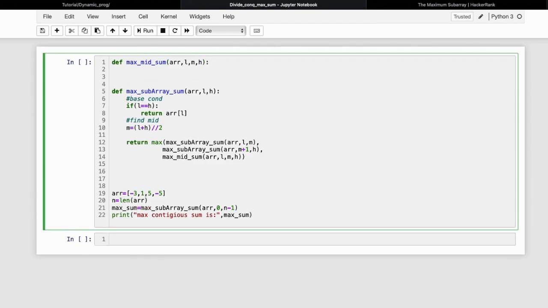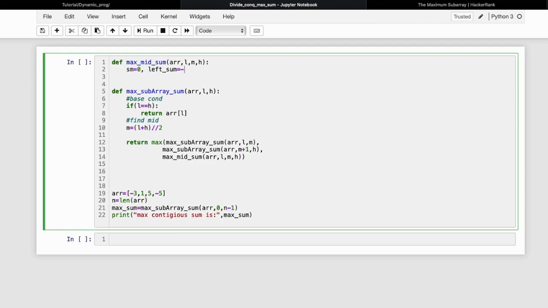So now let me take the sum value. Suppose sum equal to 0, and for the left sum, I am taking the minimum negative value.